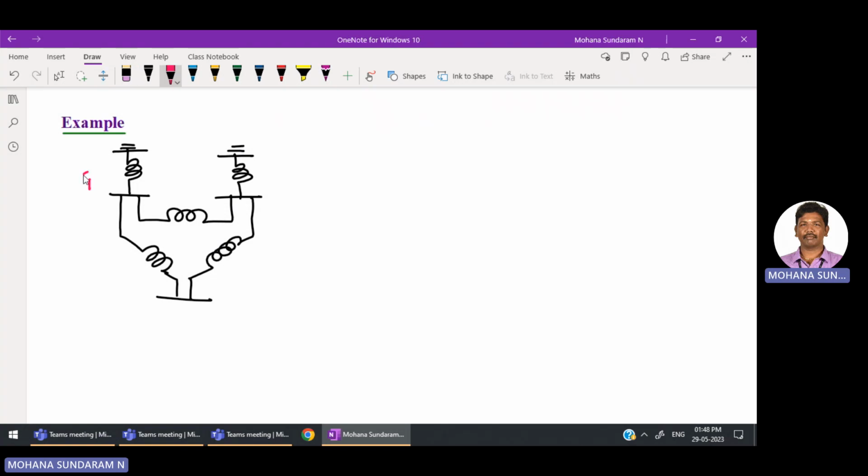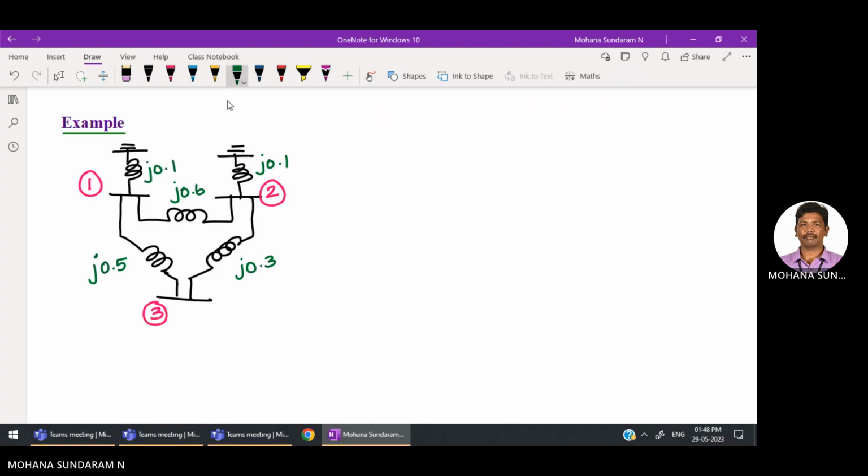So I'll take this as bus number one, bus number two, and bus number three. Assume that the data given here are in impedance values: j0.5, j0.6, this is j0.1, this is j0.1. Here I have taken a simple three bus system where the reactances are mentioned in terms of impedances